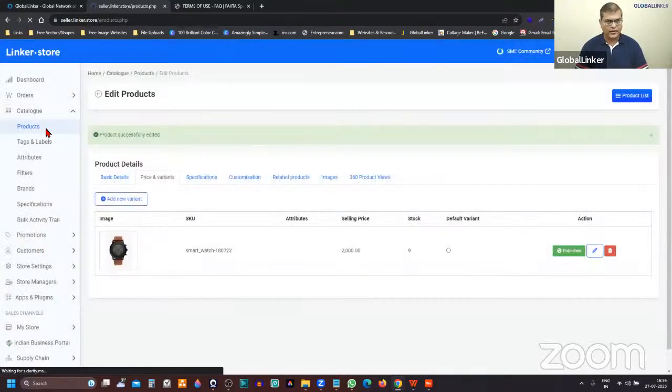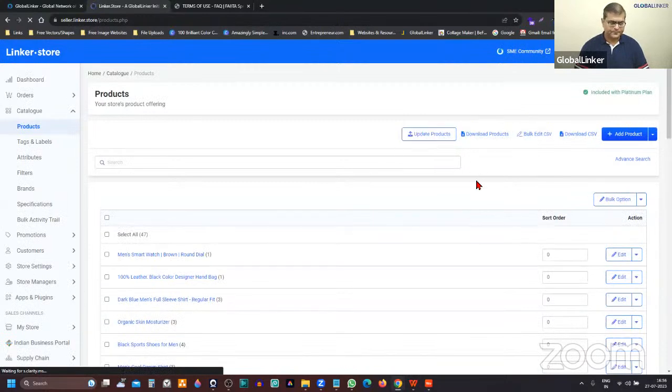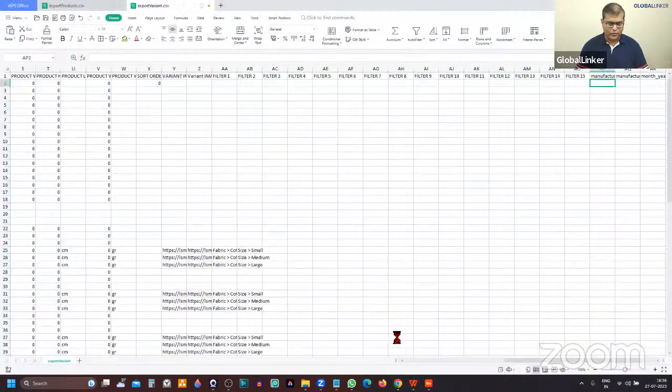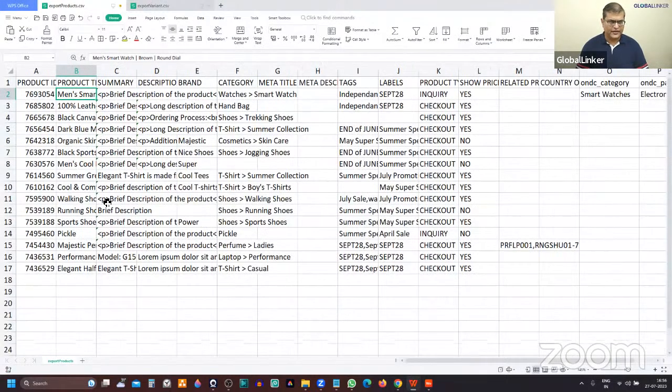How can you do that? Let me explain to you. Firstly, click on this option, which is download product, and that will download an Excel file onto your device. For the benefit of time, I've already downloaded it. Let me just zoom in a little bit so that you can see the information in a better way. This is the same product, smartwatch, that we were seeing here.